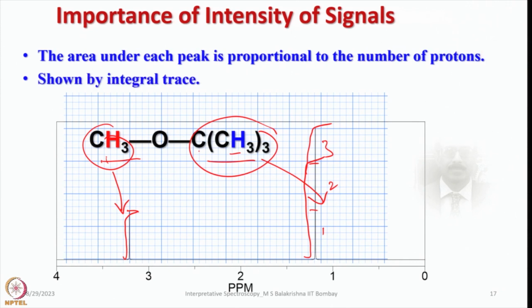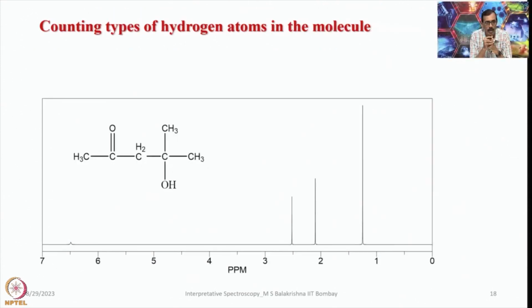This is shown by the integral trace. This is what we call the integral trace. Usually you can get this information directly from the NMR spectrum. So now let us consider this molecule here, and let us see, here we have 3 protons,